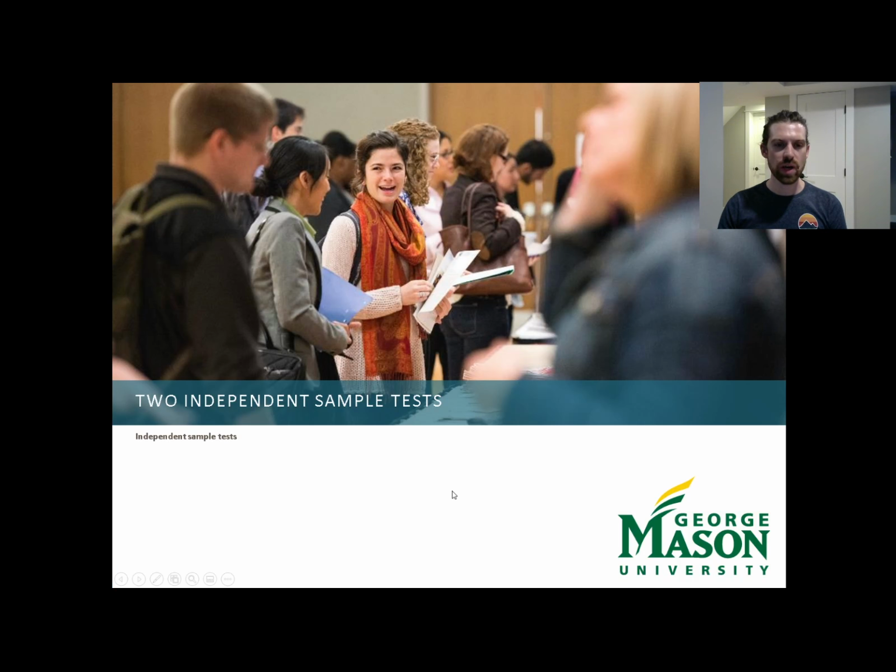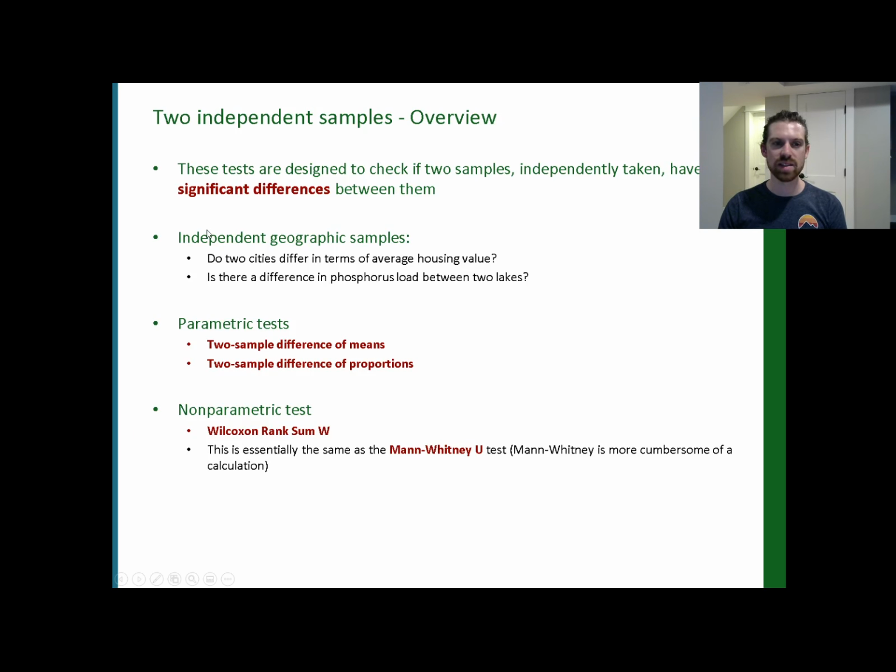Okay, 2-sample tests. Let's get into some of the meat now. I think I've covered most of this already, independent geographic samples. This is where we may compare two different cities based on their average house price. And obviously we have these different tests, which I've already covered, so I don't need to go into much more